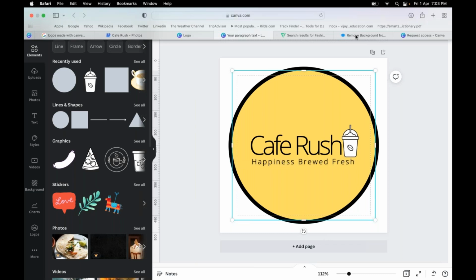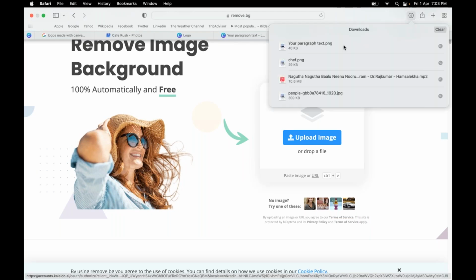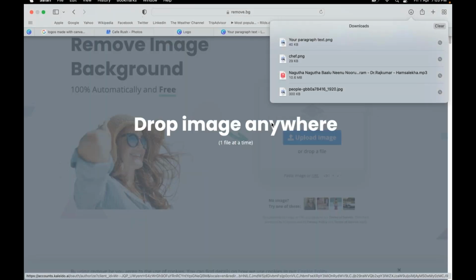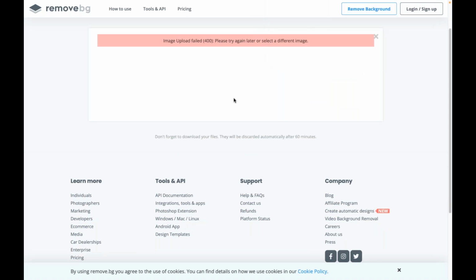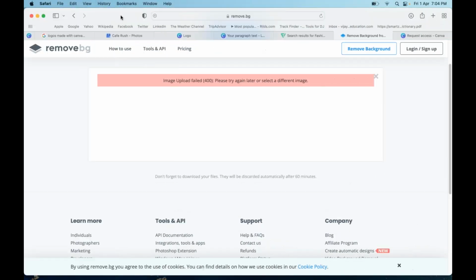Okay, then I go to remove the BG and drag that in. Okay, I need to place it on the desktop and then